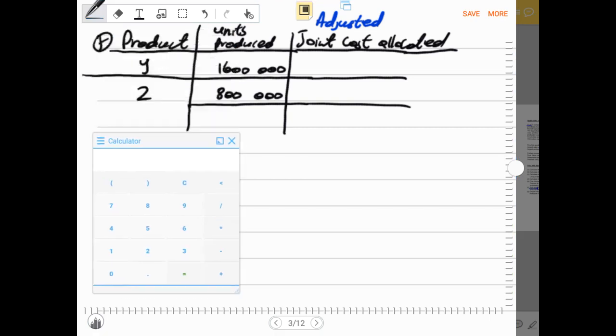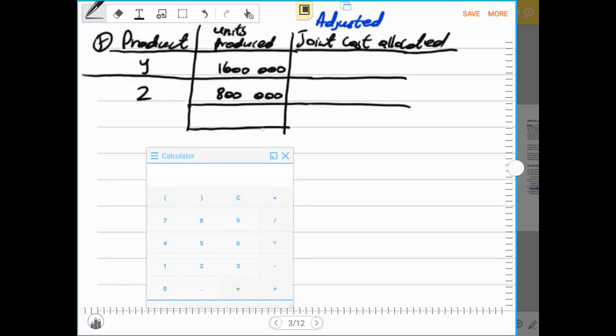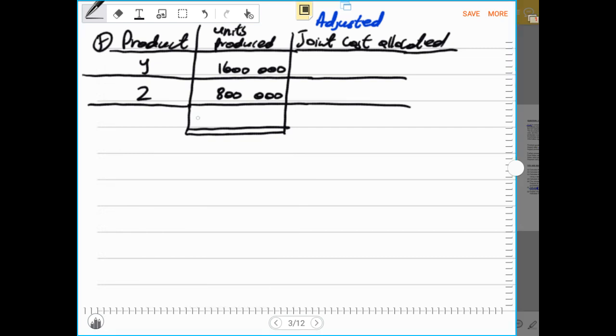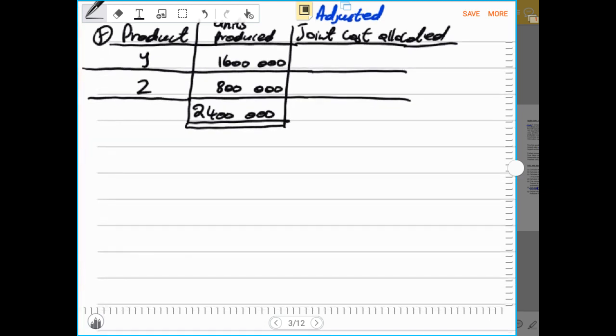Then we continue with the allocation. First, we have to calculate the total units, because we are allocating using the physical units that were manufactured, not the ones that were sold. Therefore we say 1,600,000 plus 800,000, and this gives us 2,400,000 units. Then when we allocate our joint cost, for product Y it will be 1.6 million units that were manufactured, divided by the total units of 2,400,000, and we multiply this by the joint cost,